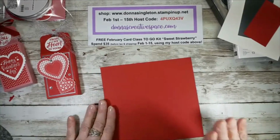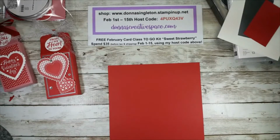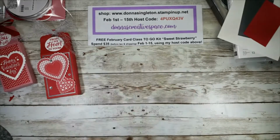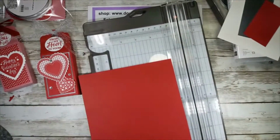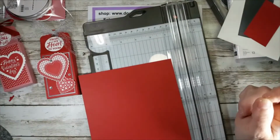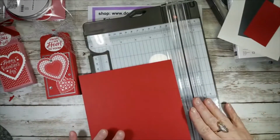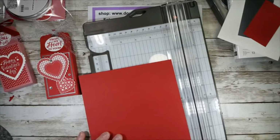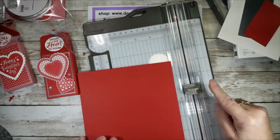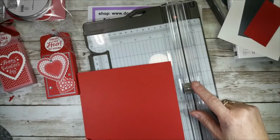So 6 1/4 by 6, and I will tell you now, you need a scoring tool. Like I showed you yesterday, if you have the ball end of a stylus, or a scoring board, you can certainly use that. If you have the trimmer that has the scoring blade on it, that's what I'm using today. But you could also use a